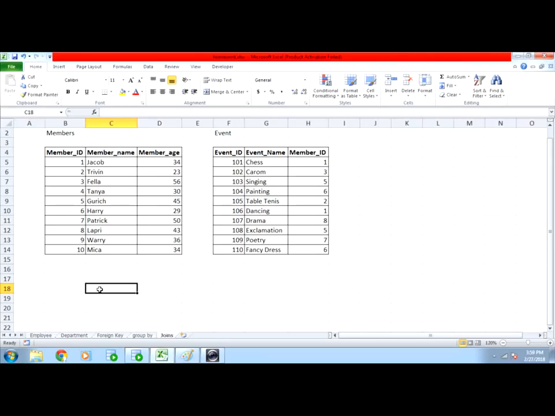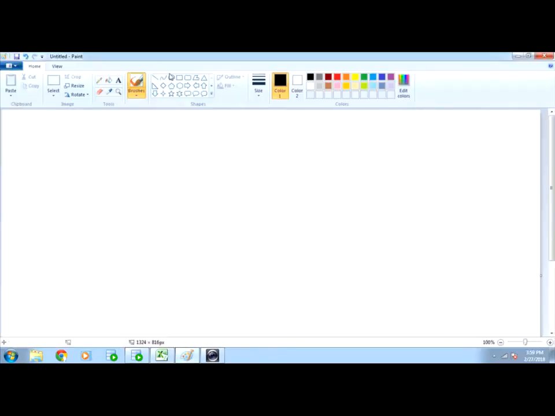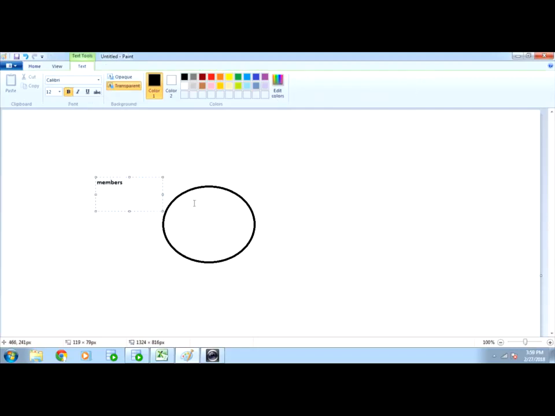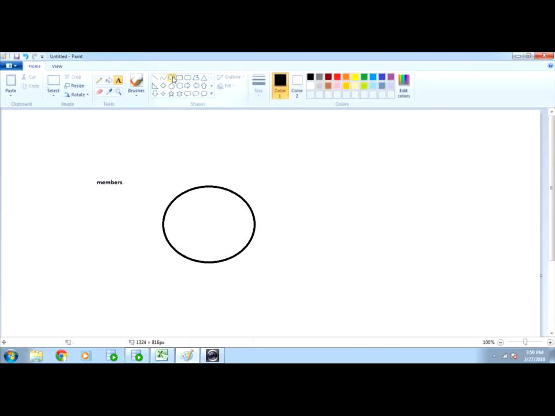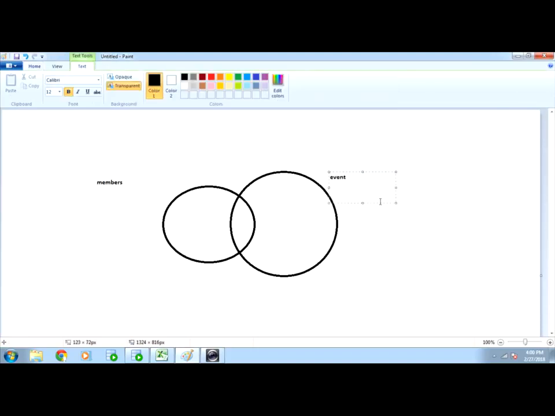Let us see the clear concept of inner join first. Suppose this circle represents the members table, and the second circle represents our event table.